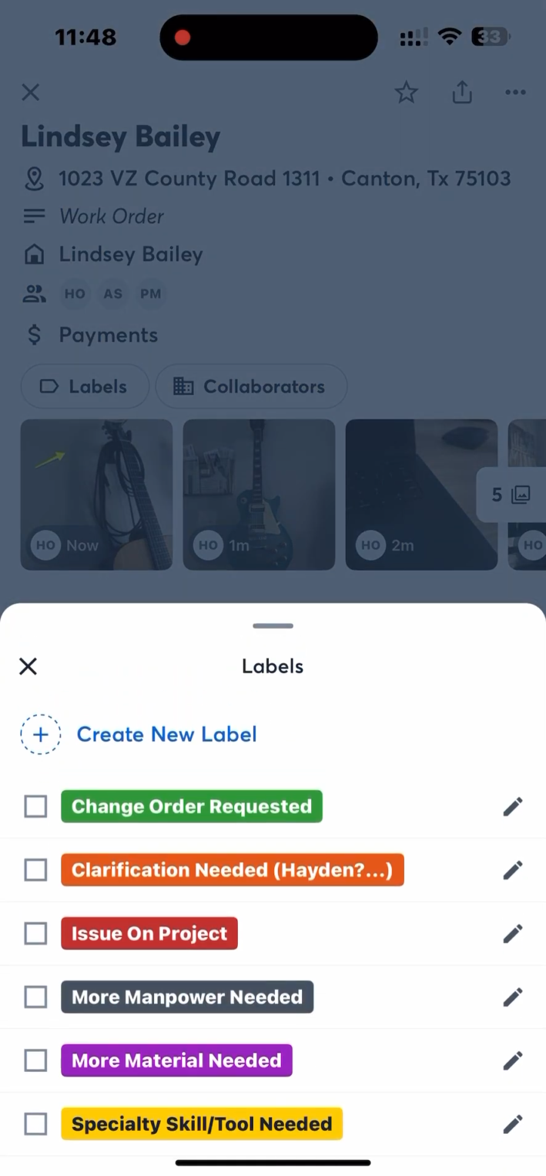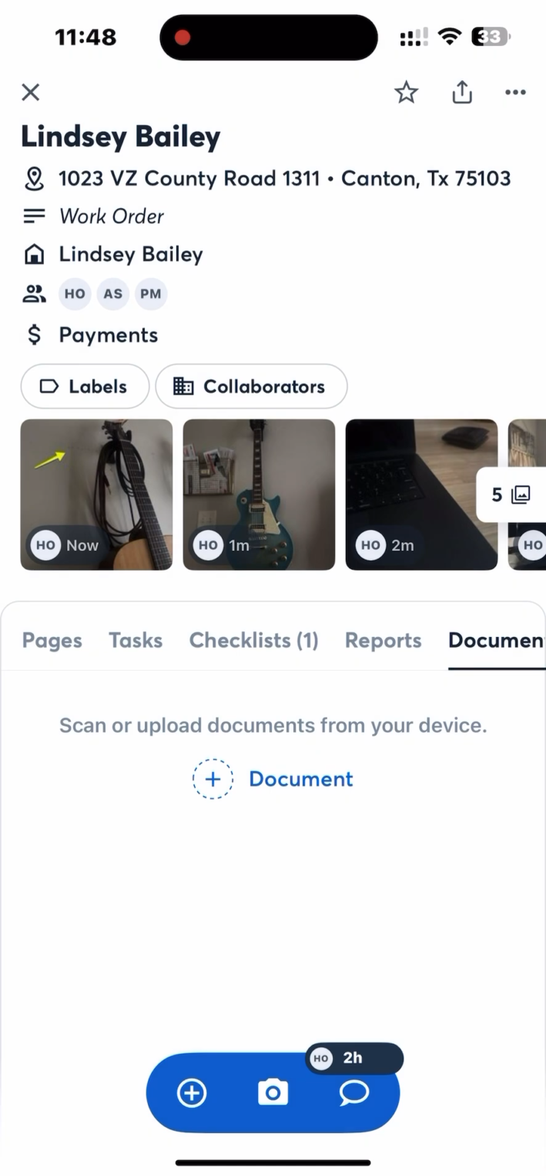We also have that ability to add in labels there at the top of the screen. You can see some labels that we've kind of created that you can add in for relevancy, and that's an overview of